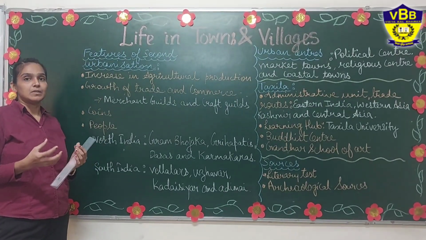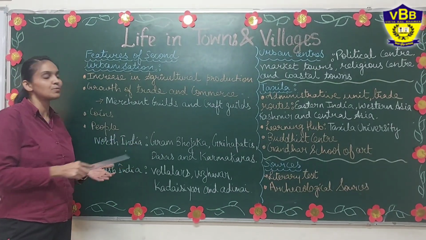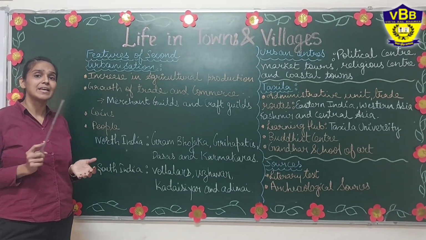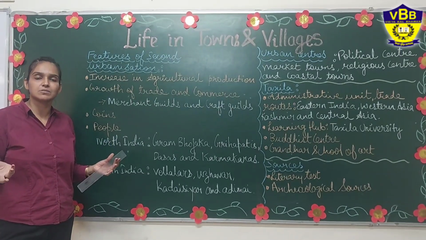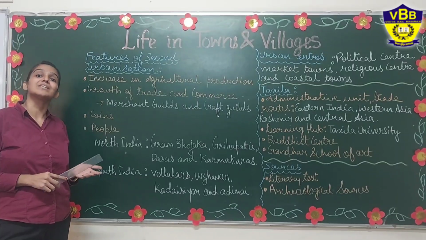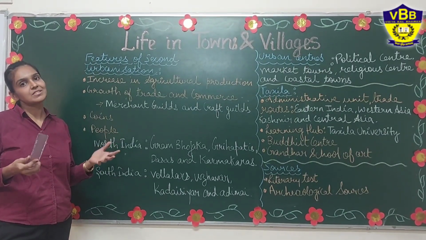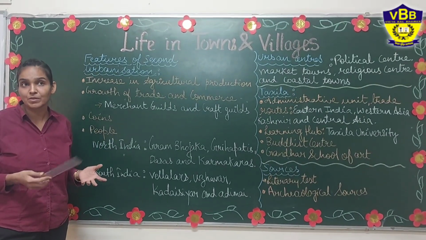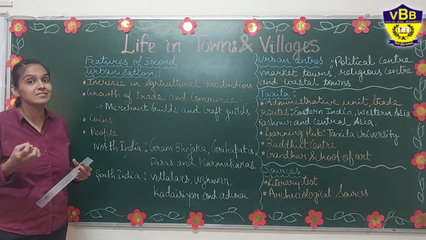The person who had the largest land in the village was known as Gram Bhojika, and in English we used to call him the headman. As headman, he employed laborers on his field because he did not work by his own, because he is a big landowner. As a headman, he acted as a police as well as a judge. He used to solve the cases or disputes between people in the villages as a police, and he used to give just judgment or justice over those cases. He was the representative of the ruler or the king, and thus he collected the taxes from the people.